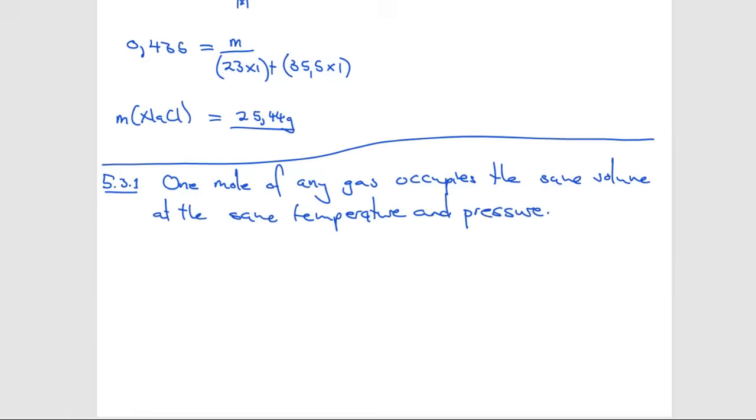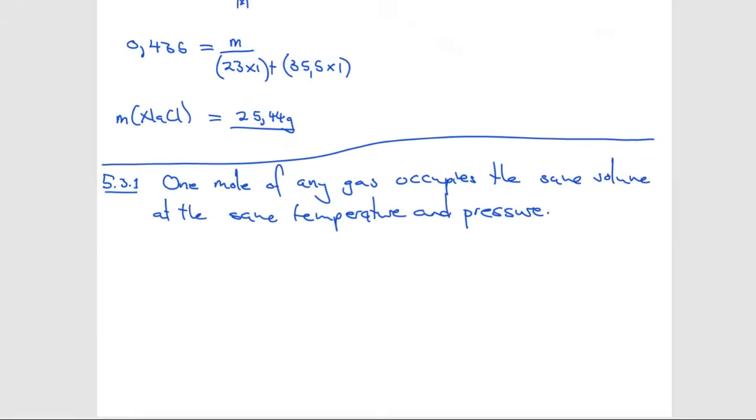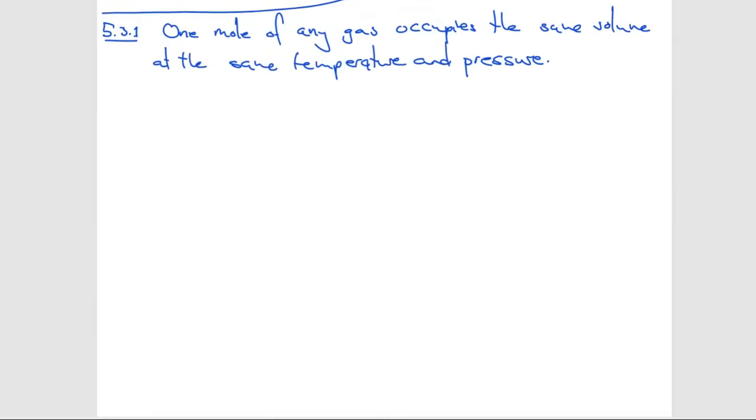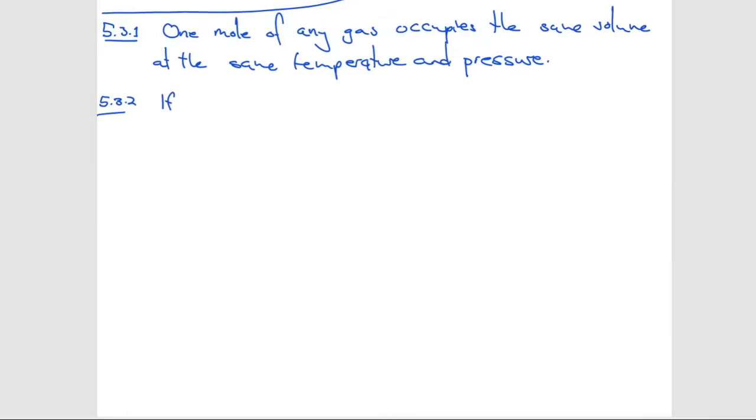Okay, so that's how we attempt 5.3.1. Then moving on to 5.3.2, they say find the molecular formula of this compound. So now I'm going to make use of a statement to explain this one. So 5.3.2, if 46 grams, according to this, what do we have there? We're told 46 grams. So I'm going to say if 46 grams